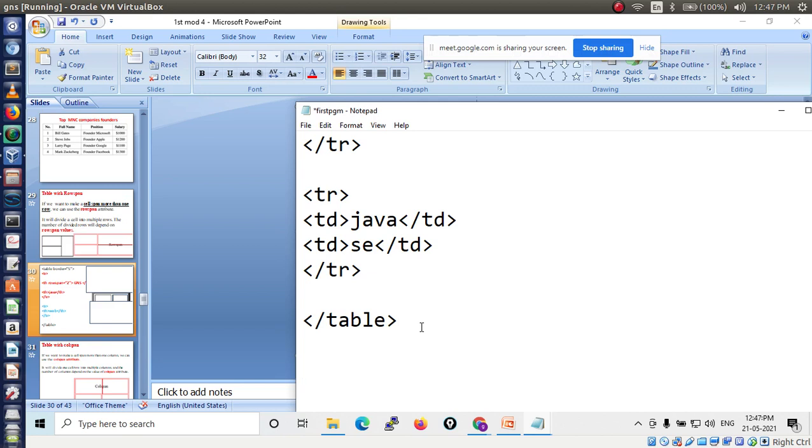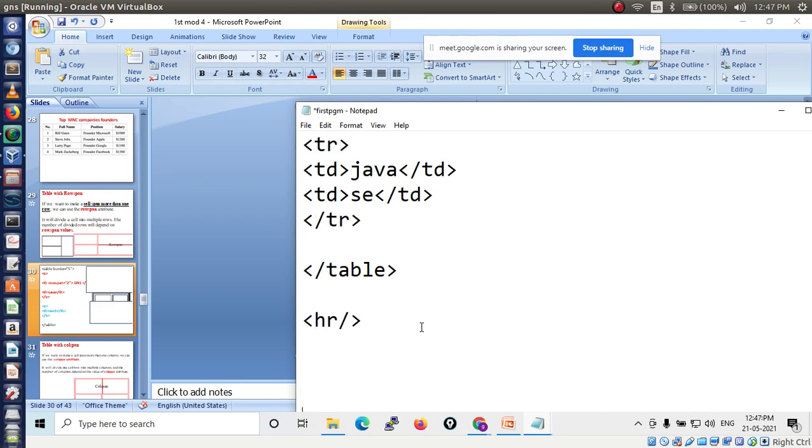Here inside I am using another tag that gives a line, that is hr.